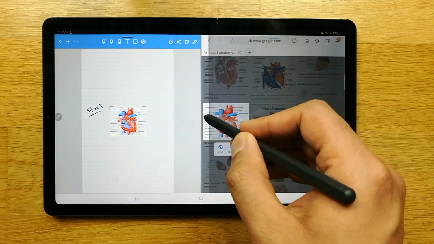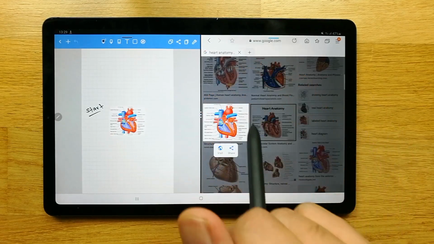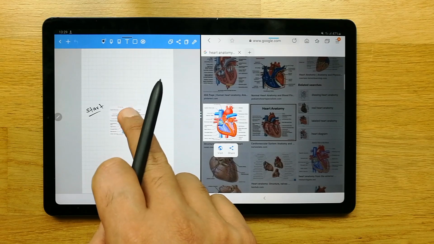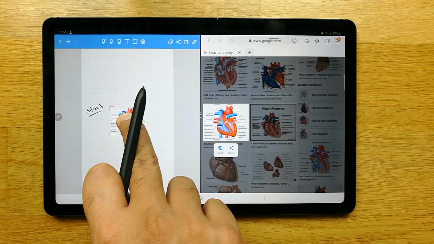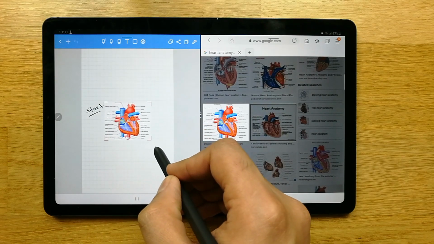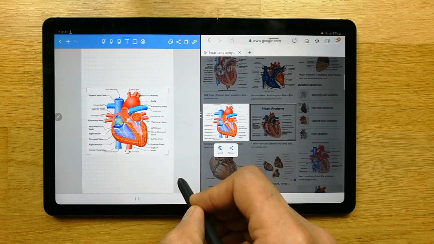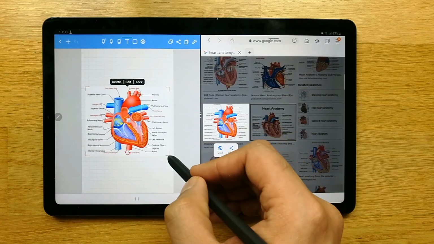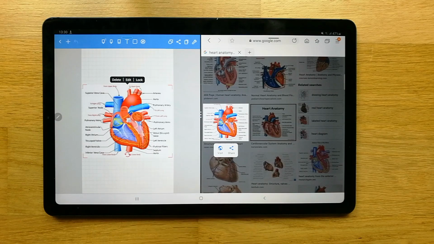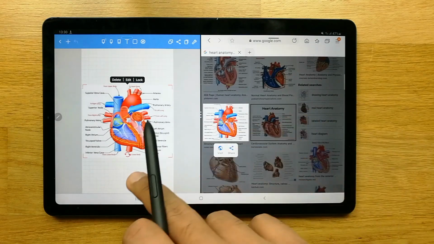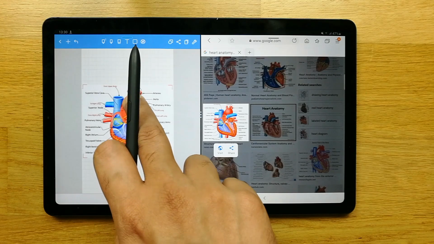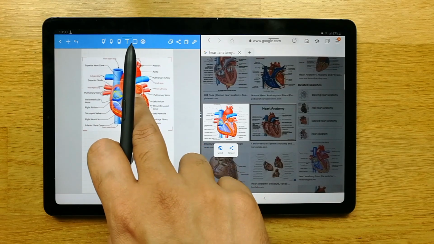Then I can close this one. If you want to close, you can also close, and if you want to use it, you can leave it like this. So what I will do now is make it a little bigger. I just put my finger on top, and it gives me the ability to make it bigger. Now you see the picture is big. The other important thing is, if you want to change the position of this picture, you can also change the position like this.